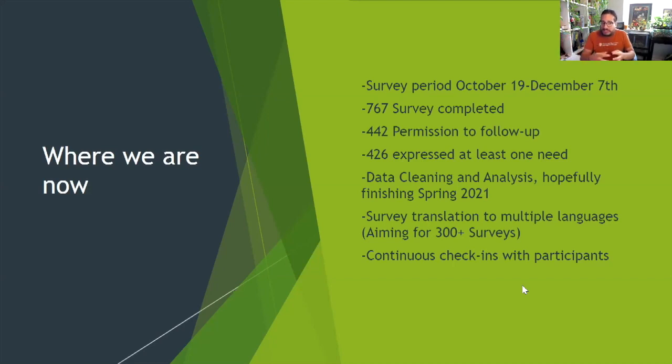And again, we're translating this into multiple languages because we want to reach populations that did not participate in these first rounds. And the other thing that's been very important is that we continue to send resources out. For example, folks had said that they had issues with the rent, and the city of Austin had a rent assistance program. So we texted everyone that we had in our assessment to have access to that application. It's a way to continue feeding resources that we encounter to the folks that need it, and that's another way to be responsive to community needs.